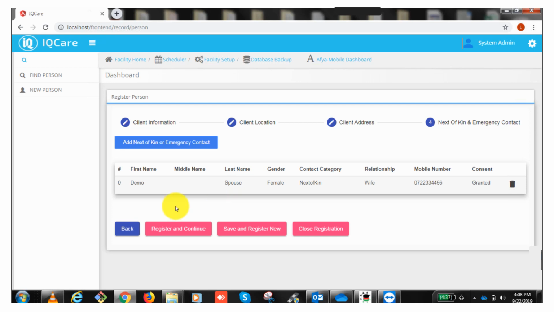Once completed, we have four options. Either going back to edit what was previously entered in the registration details, or you can choose to register and continue. This means that you complete the registration and proceed to enroll this client to a specific service area. Or you can decide to save and register new. Basically, you will save this registration detail for the client and proceed to the home page to pick